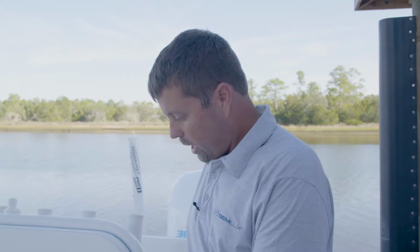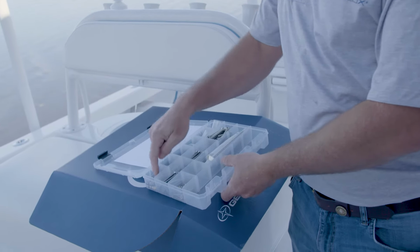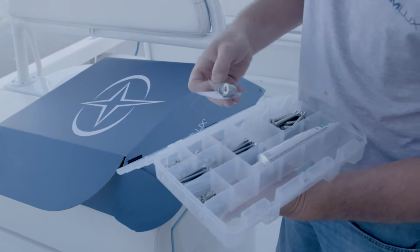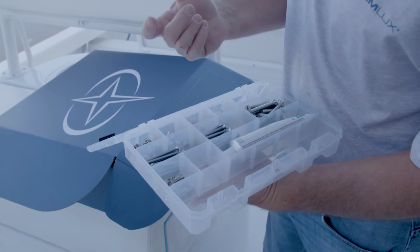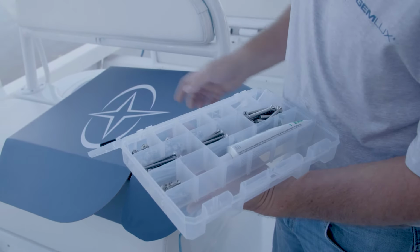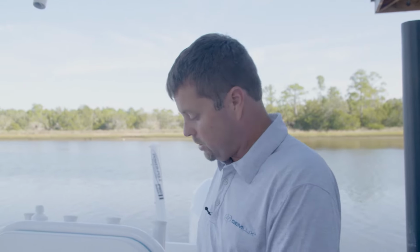We're going to utilize a few components of our Gemstallation kit that we offer on our website. We're going to use out of this some chrome-plated stainless lock nuts and some chrome-plated stainless flat washers. What comes with the kit are some chrome-plated fasteners from 1/4-20s to through bolts to some self-tapping wood screws. But one of the things we just wanted to mention to you about this base application is that